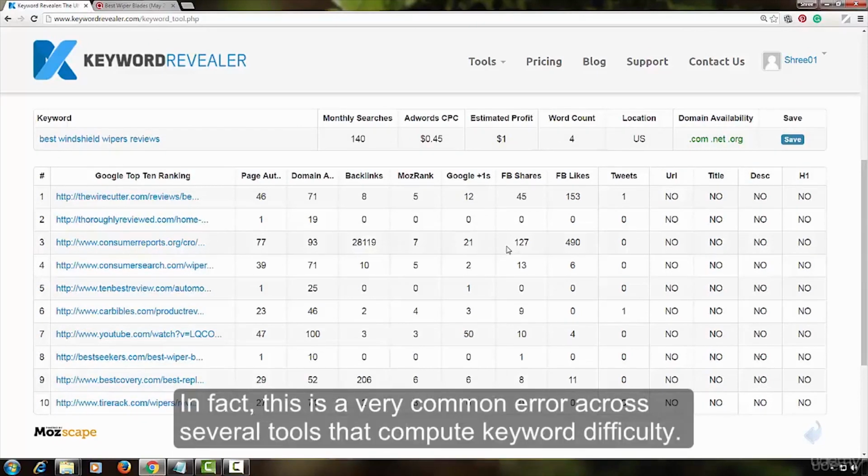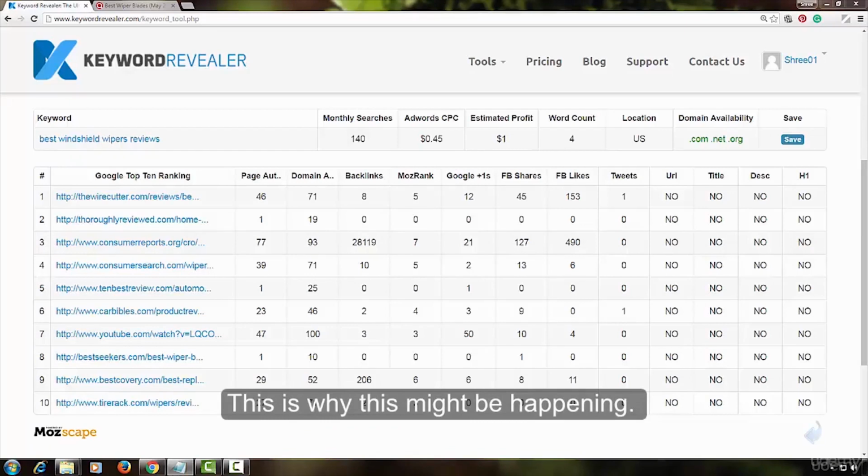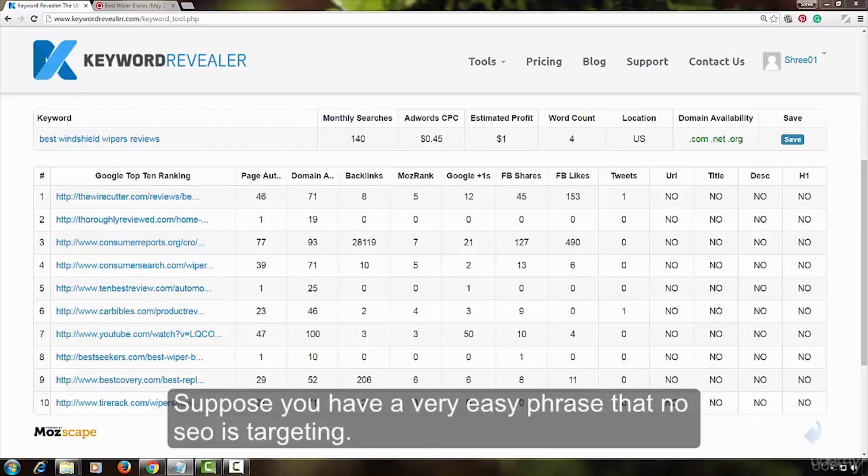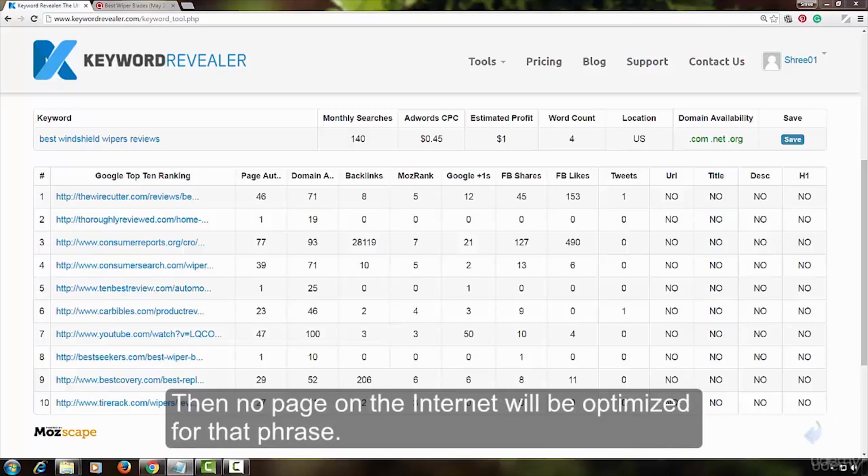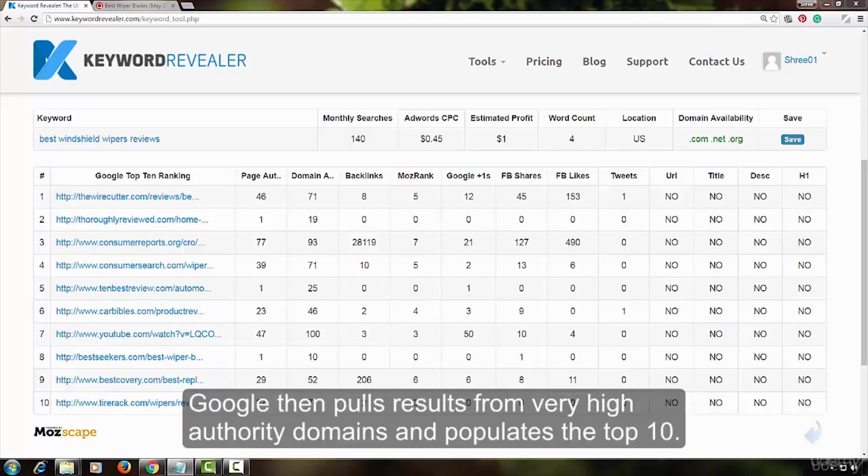This is a very common error across several tools that compute keyword difficulty. This is why this might be happening. Suppose you have a very easy phrase that no SEO is targeting. Then, no page on the internet will be optimized for that phrase. Google then pulls results from very high authority domains and populates the top 10.